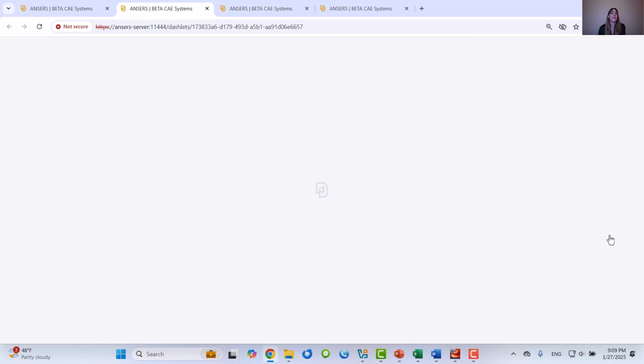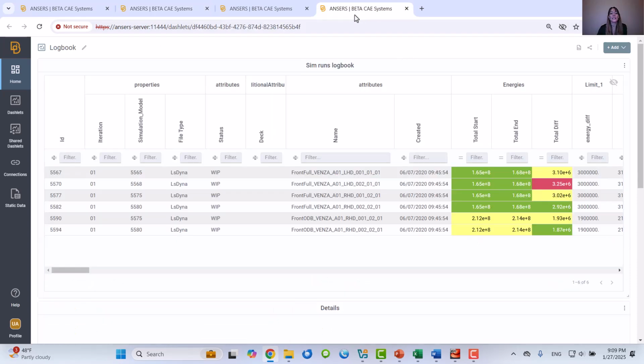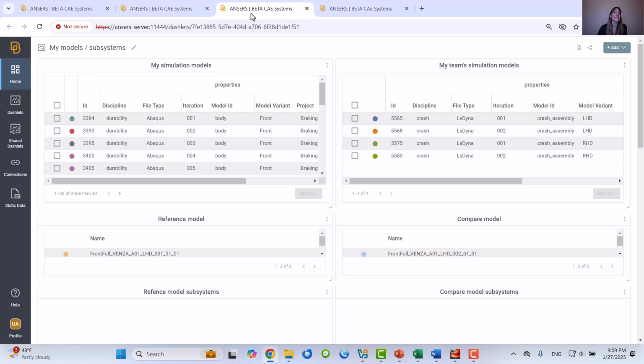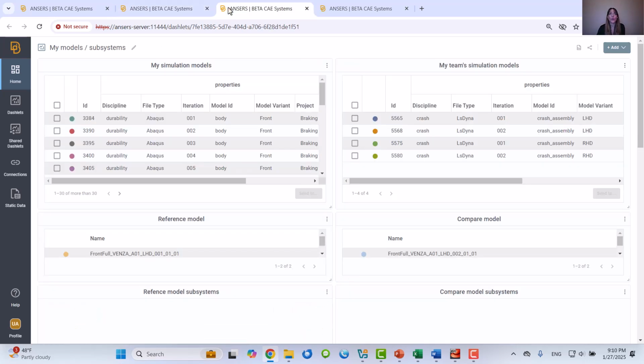And this is very useful because you can now compare Dashlets side by side, or imagine that you can work on one while keeping another open for reference. And the active means that each tab has its own active Dashlet, so changes or updates will not interfere with other tabs. Let me close those.